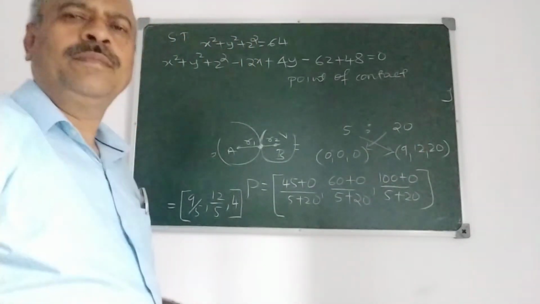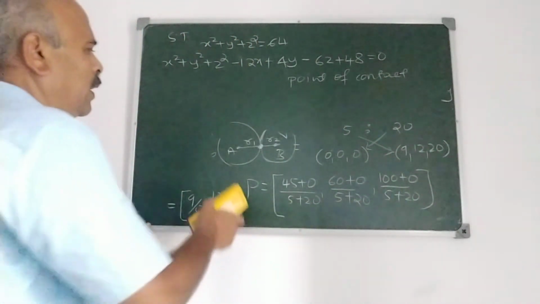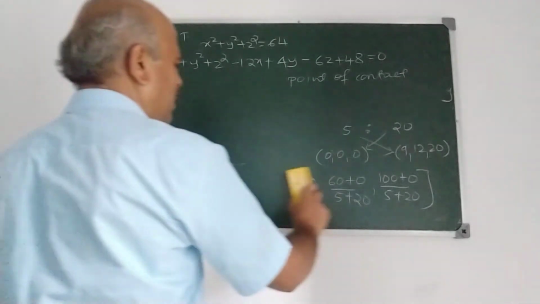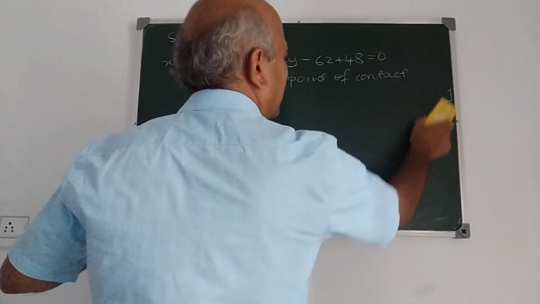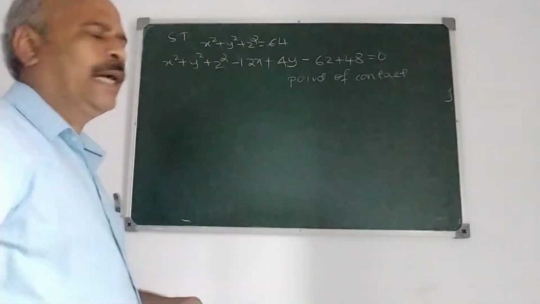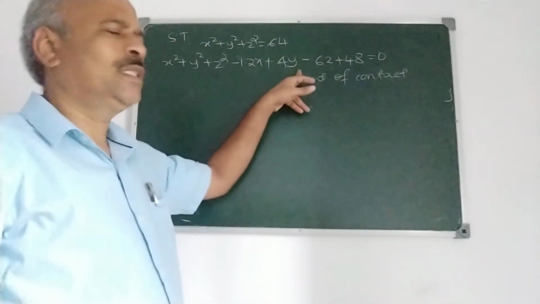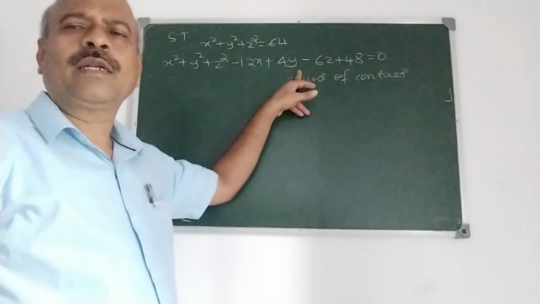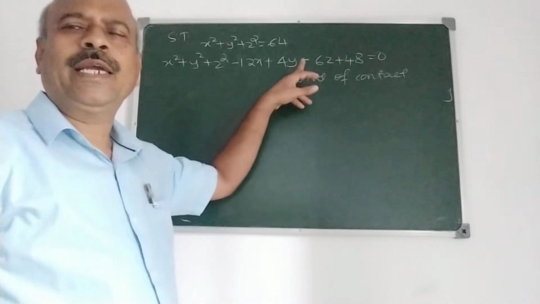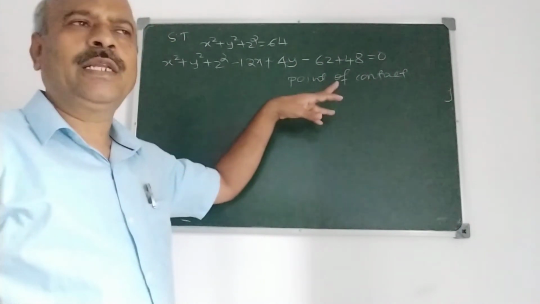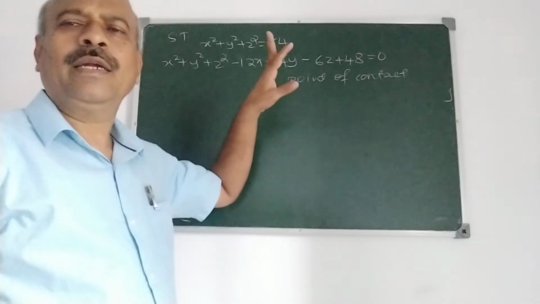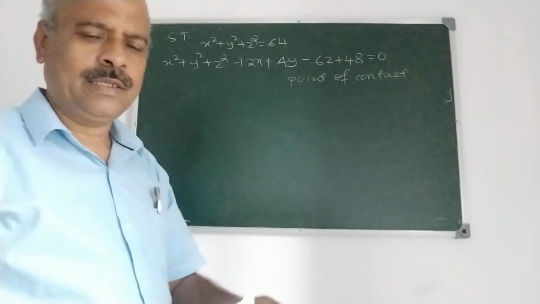See what you have to do here. When two spheres touch each other internally, use the analytical condition: R1 minus R2 is AB, the distance between the centers. In this case, P, the point of contact, divides AB, the line of centers, externally in the ratio of their radii. And you try this as an exercise.